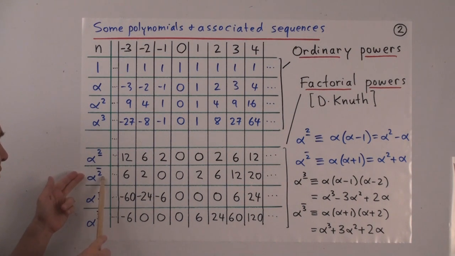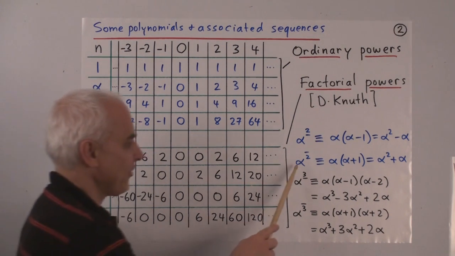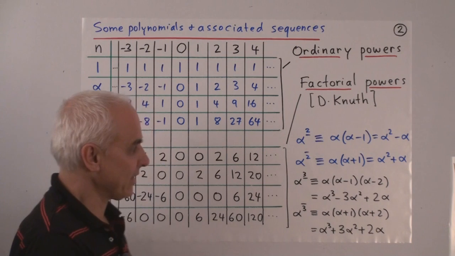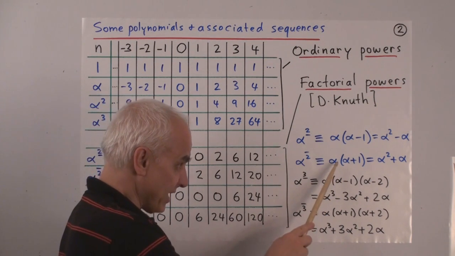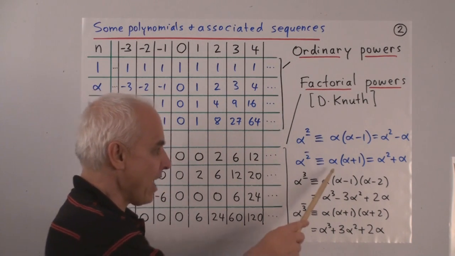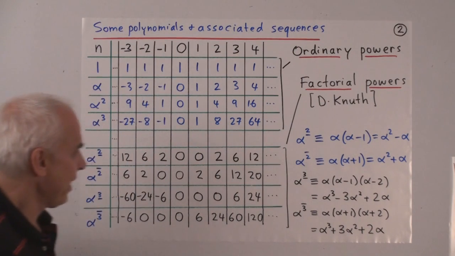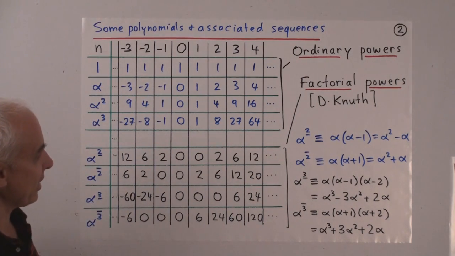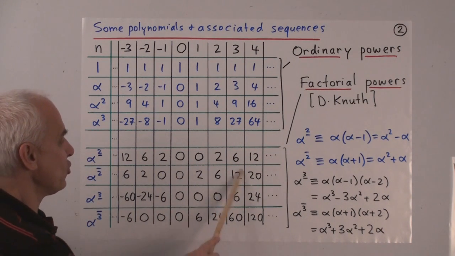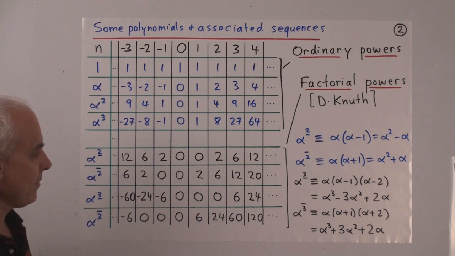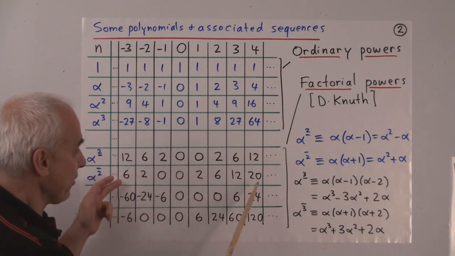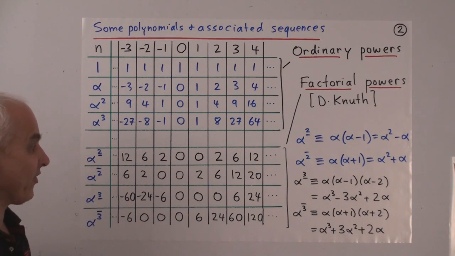Here is alpha to the 2 raising. Its definition is over here. So it's like alpha squared, but there's a bar above the 2, telling us that instead of taking alpha times alpha, we're going to take alpha times alpha plus 1. We're going to go up. Well, alpha times alpha plus 1 is alpha squared plus alpha. And so the terms are like this. For example, at 3, you'd calculate 3 times 4, giving you 12 there. Now there's an obvious correspondence between this raising power and this lowering power. They're really almost the same, except they're just shifted by 1 as sequences.